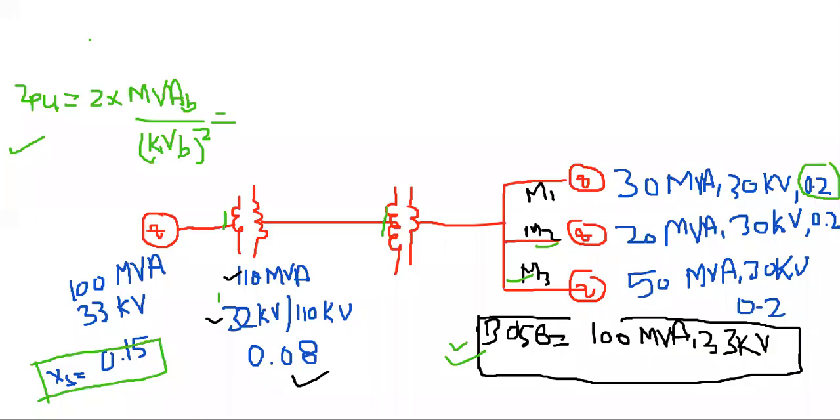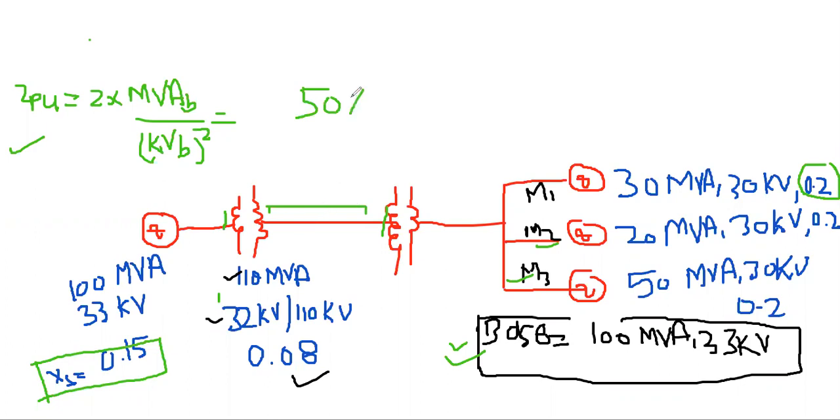Given, so if we see the value of Z actual, we have to calculate Z per unit. Z actual for the transmission line is given as 50. See, the transmission line is here. It is on the higher voltage side of this transformer. And here the voltage base was coming out to be 113.4.